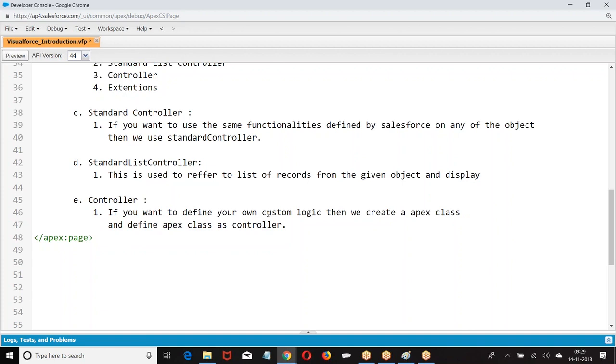If you want to define your own logic, then create an Apex class and define that Apex class as the controller.